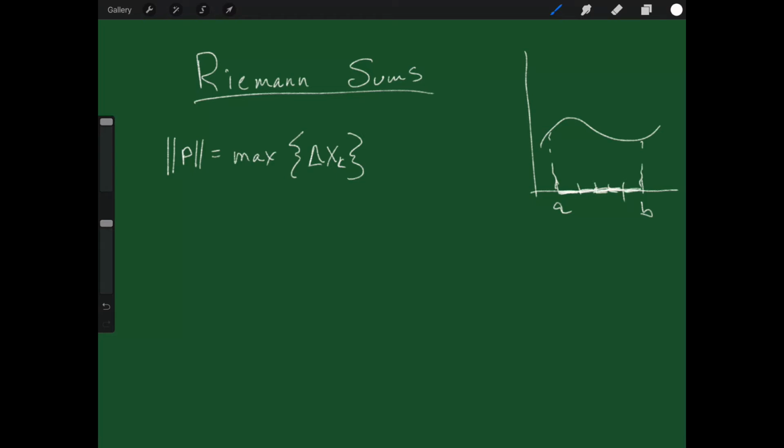I didn't say they had to be the same. But what I'm going to call the norm of P is the big one, whichever one's the biggest of those widths. I'm going to call that the norm of the partition. Okay, so once I've defined this thing called the norm of the partition,